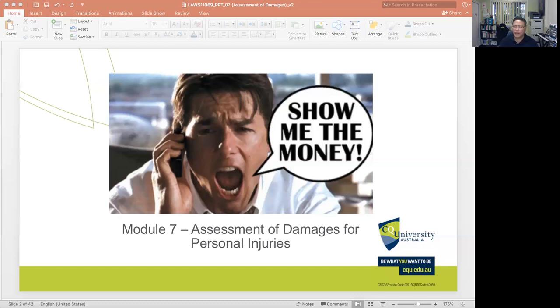This is also a relevant question, because although we know that a lot of people in Australia, especially those who are driving motor vehicles, for example, have comprehensive insurance, or there might even be third-party insurance, so that even if there was tort involved on the part of the defendant in a motor vehicle accident, then potentially it will be the insurance company that will have to pay for the damages.